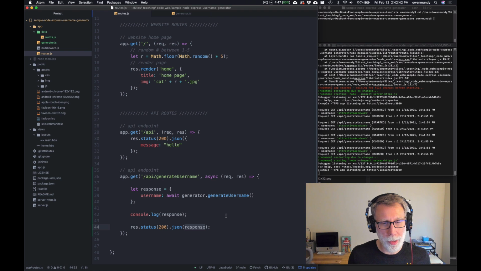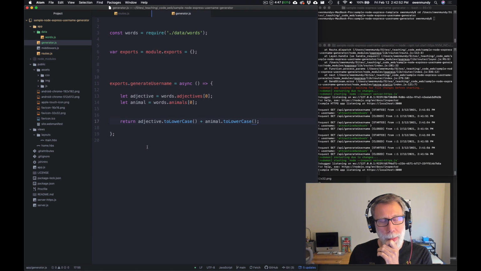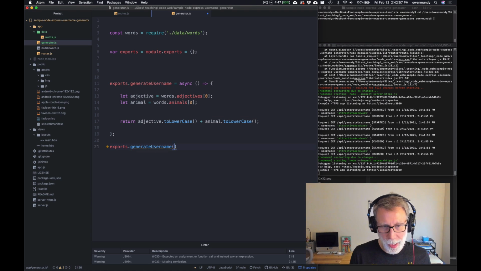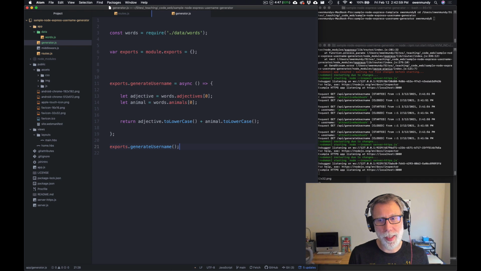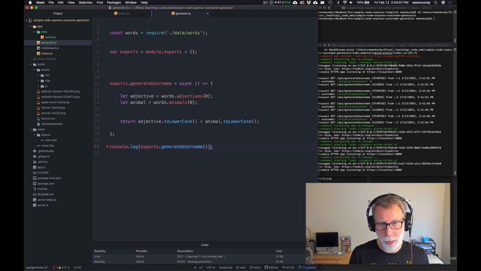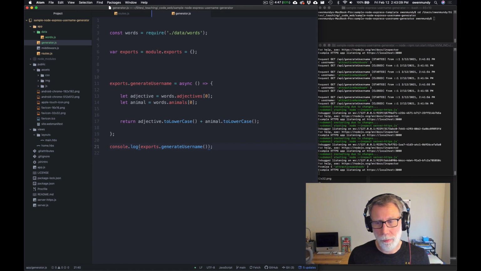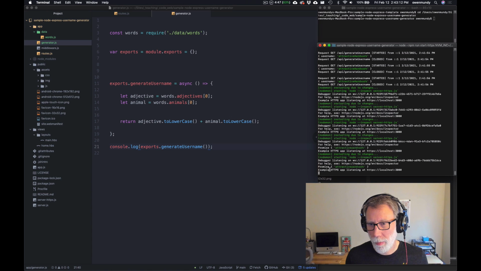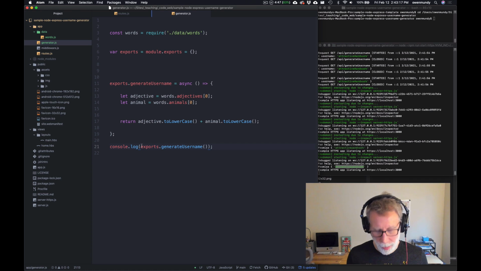Let's see, I'm trying to think of a clean way to make this route run every time so that I can just see the work in here. But I think the easiest thing would be to just come down here and just run it so that I save it. And then console.log it right here. Yeah, there it is. So there's our attractive aardvark, and I'll await,